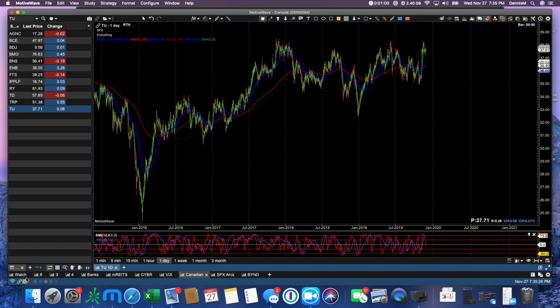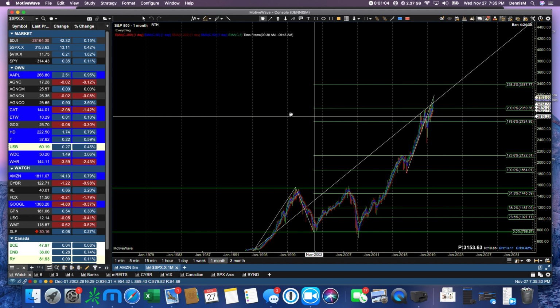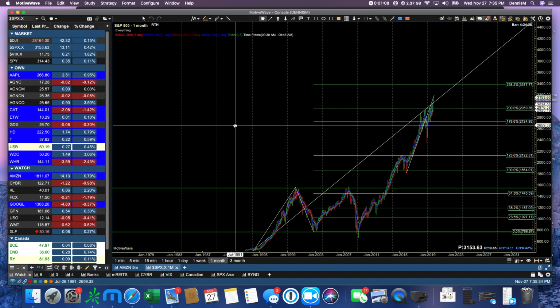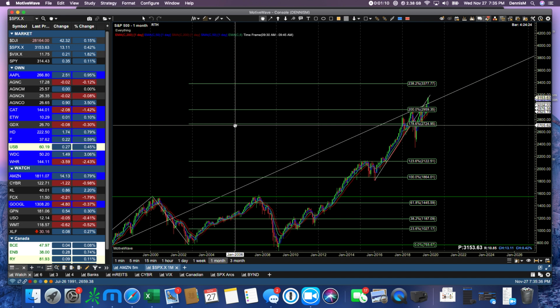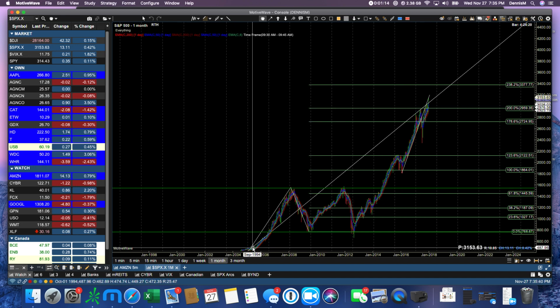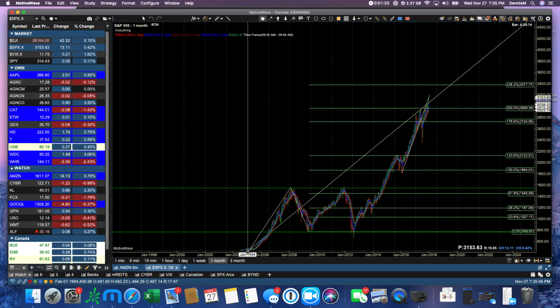So let's take a look at the key stocks. We'll run through them quite quickly because really what we see is quite bullish all around. But I want to point something out on the S&P 500. This is a monthly view, so you can see where I've anchored a Fibonacci. So I've taken the 2004 low